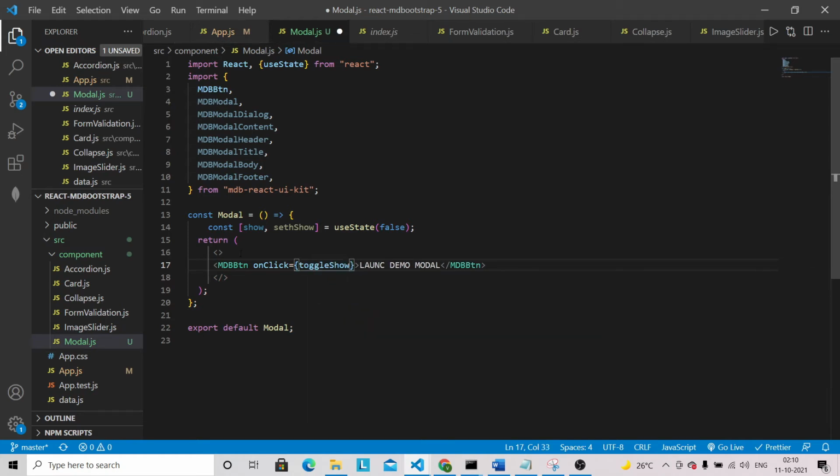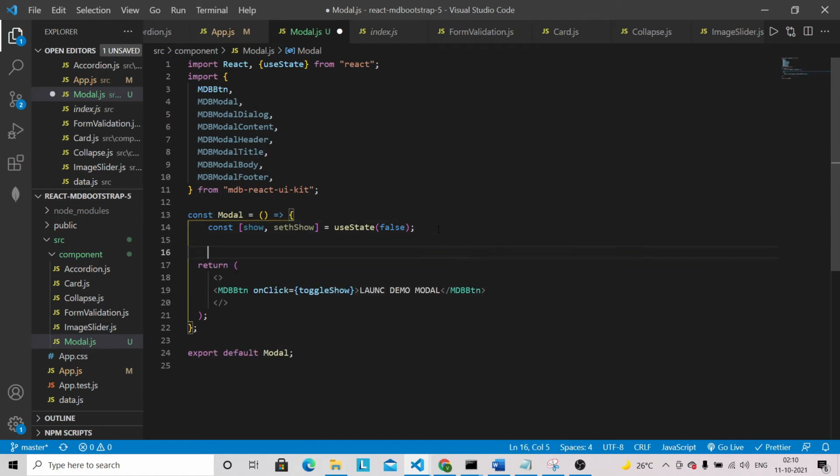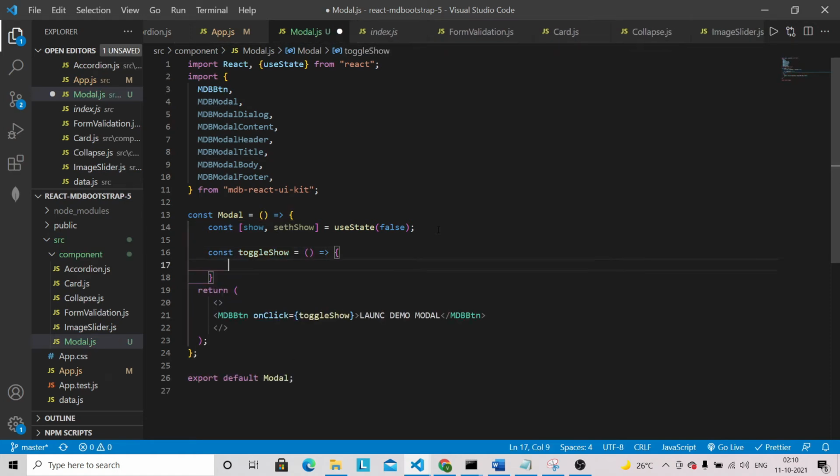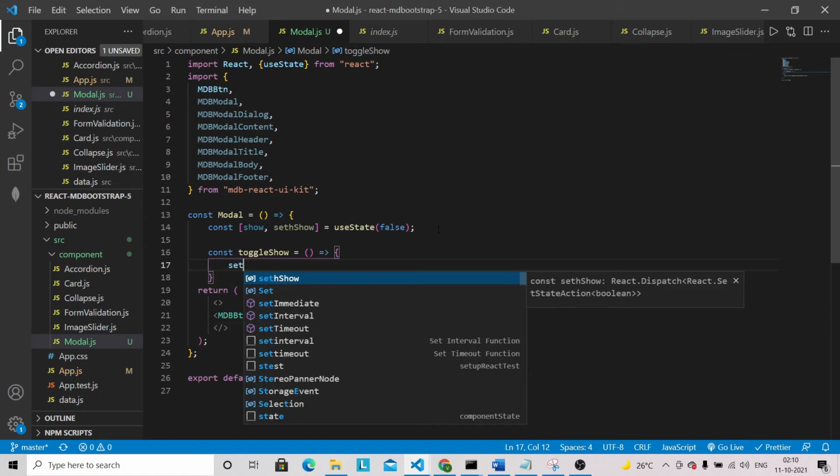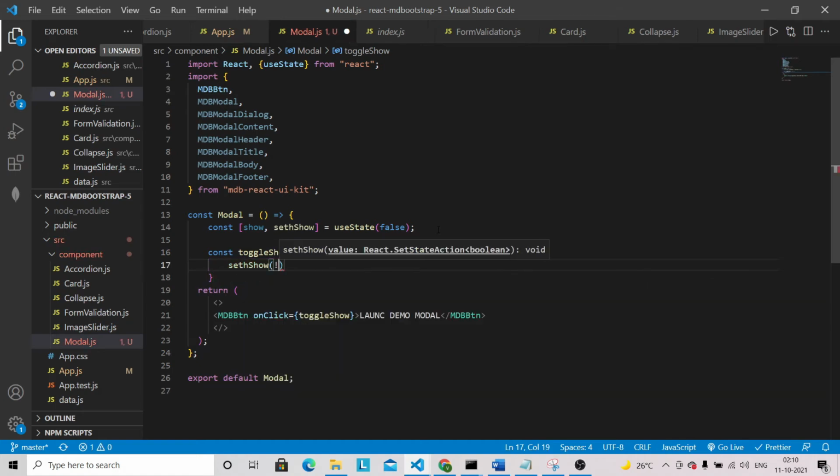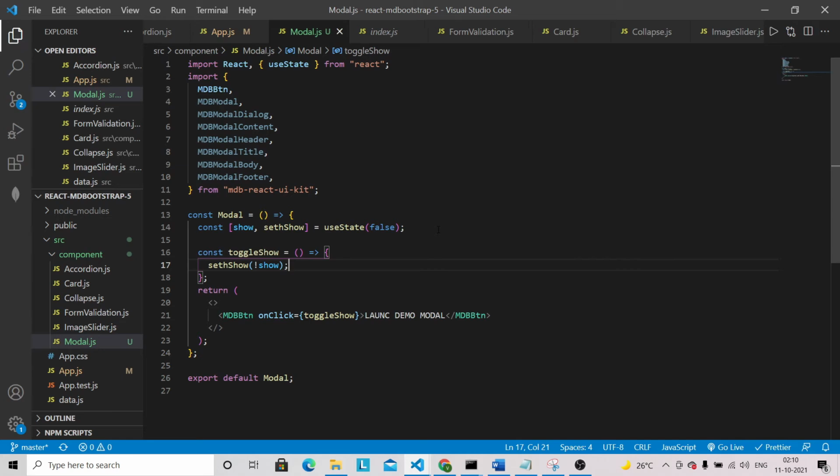Let's define this one as well outside the return. So const toggleShow, and here I'm going to have setShow. Basically we are toggling here, so I'm just going to do the opposite. This way basically you can do a toggle.